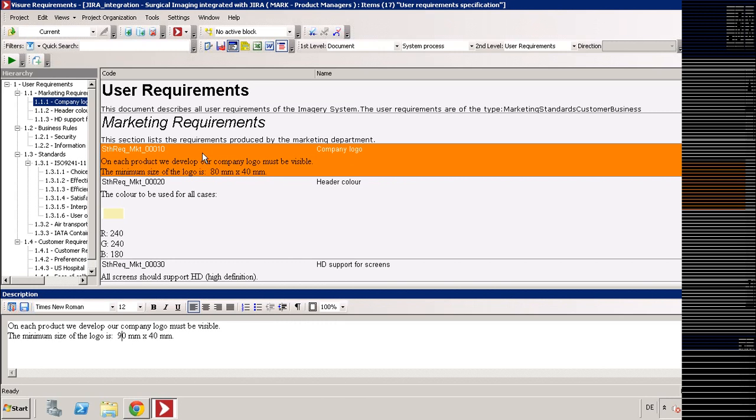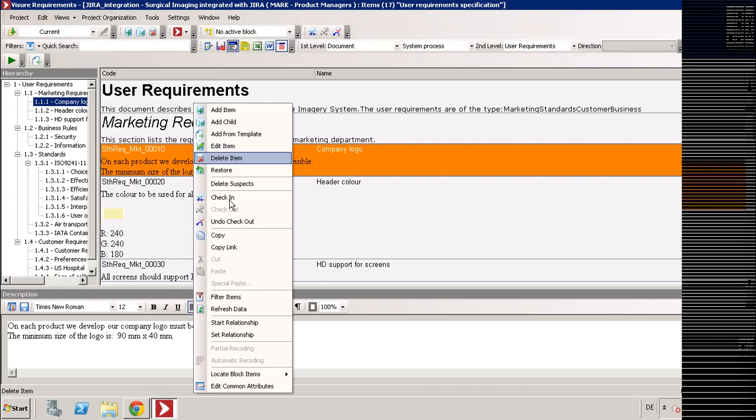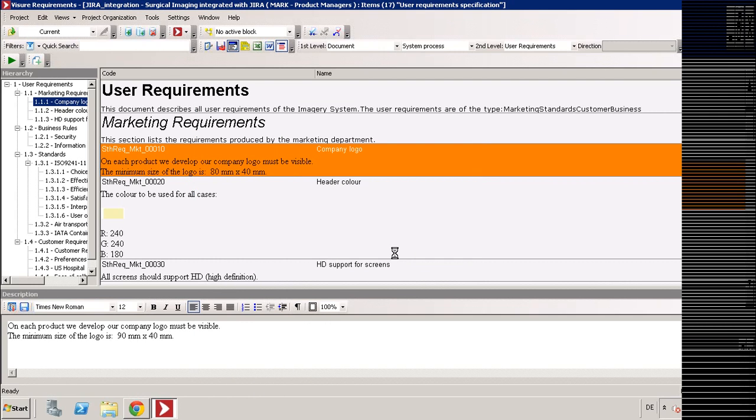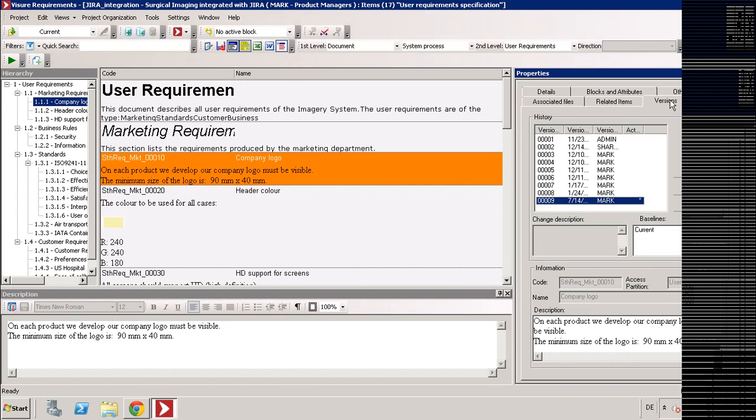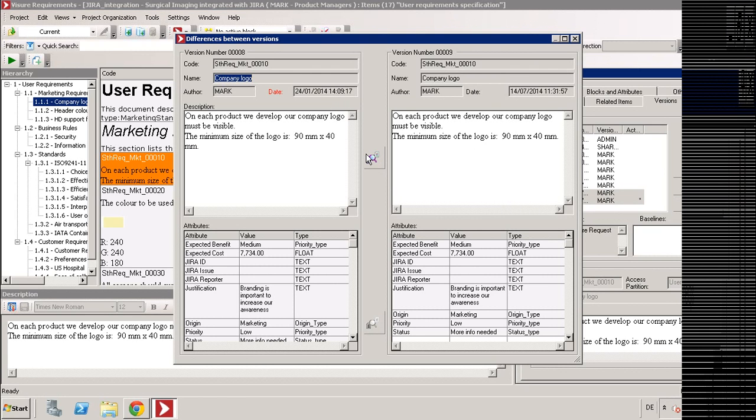Like 90 by 40, for example. Then we can check in the change here. And if you like, you can see this change, of course, in the version history. So whenever you modify information in Visure, a version history is kept, so you can compare the different versions, indicating,